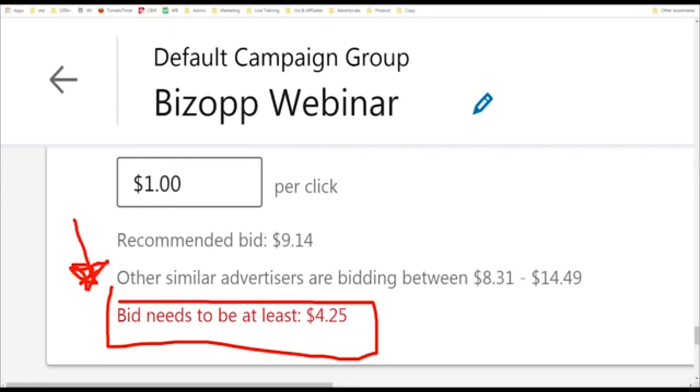Now, that's pretty nuts. To be paying $4.25 minimum for a click is outrageous, okay? You can make money from that. I mean, I spend about $4 per click on Facebook and it works out, but it's not where you start. It's not where you test. You work up to being able to spend that much with an optimized campaign. It makes no sense why LinkedIn is requiring such a high cost per click, and they don't even have that many advertisers. So this is outrageous, and until they get rid of their bid floor, that's what this is called, a bid floor, meaning the floor is set at $4.25,